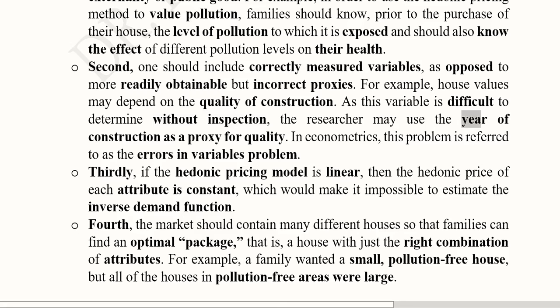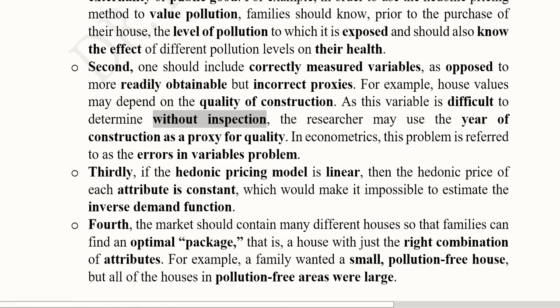So what people do is they take the year of construction as the proxy of the quality of the construction. That can be used, but this is not one of the best proxies, because thorough inspection can be a